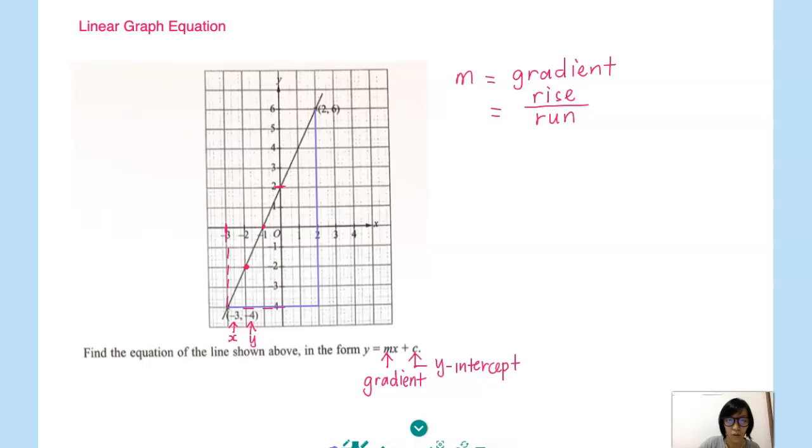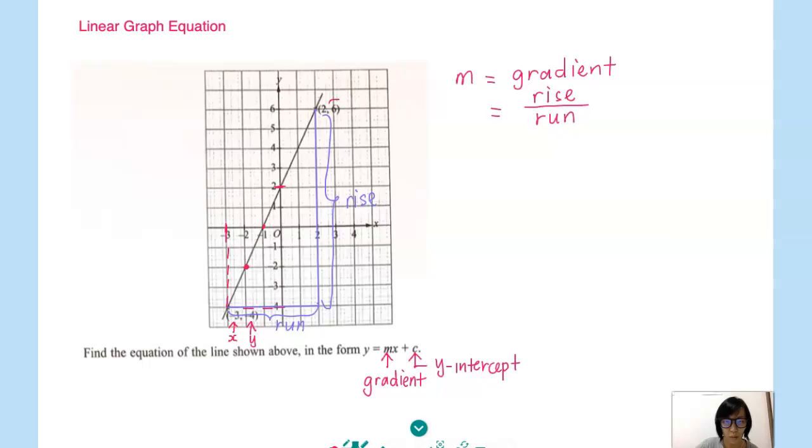Okay, now over here, you can see that from this point to up there, this is the rise. Rise is the vertical height of this triangle. Okay, rise, right? And this would be the run. The horizontal part will be the run of the triangle. Okay, so to calculate the rise,